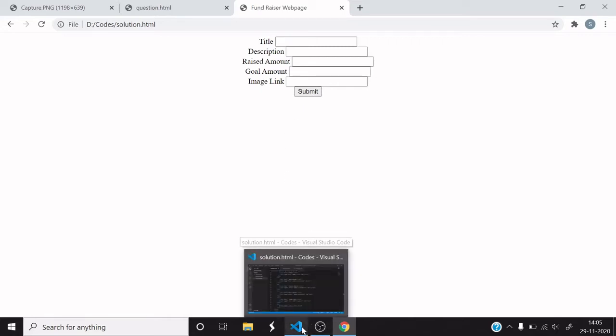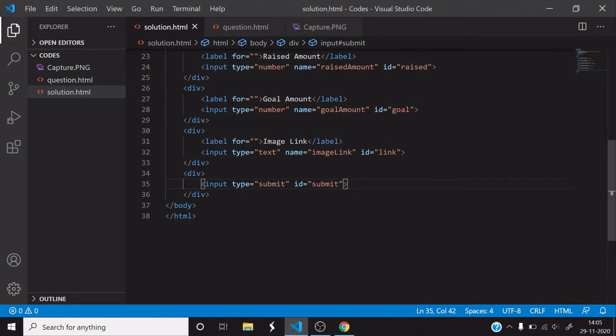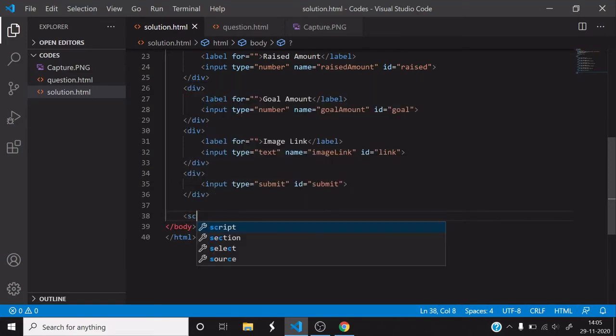So what we will do is we'll go to the body part. We need to write the script.